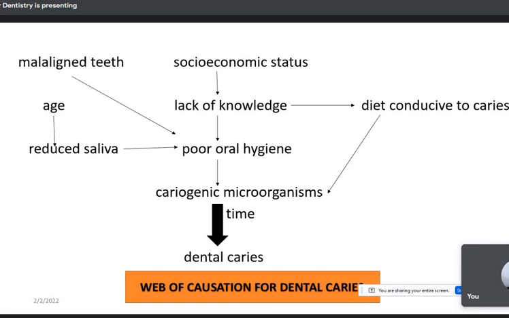And again, you see here, because of increasing age, there will be less saliva in your oral cavity. Whenever the saliva is less, it matters, because saliva plays a major role in preventing dental caries. You all know that, because saliva has a self-cleansing action, and it has many antibacterial properties also. It has the buffering action, and whenever there is demineralization